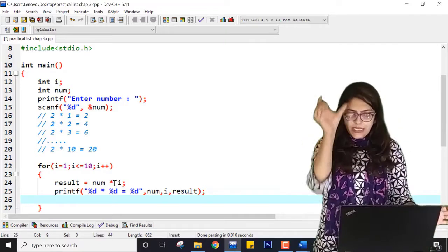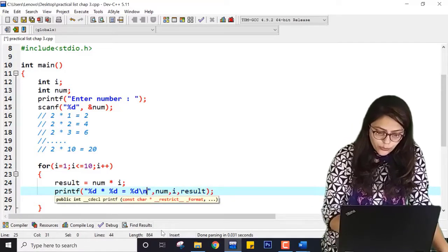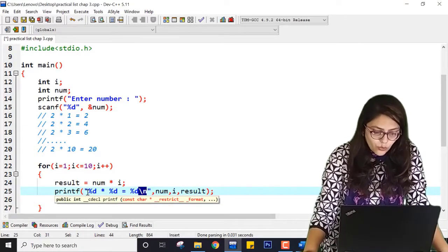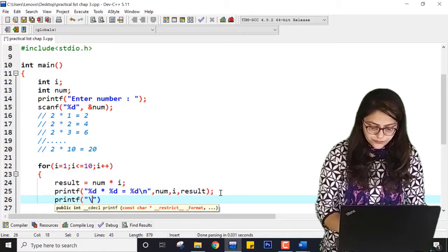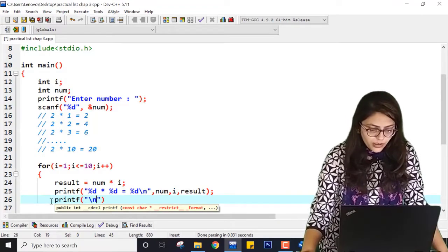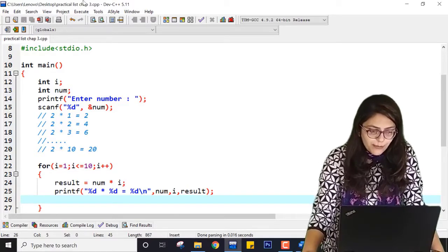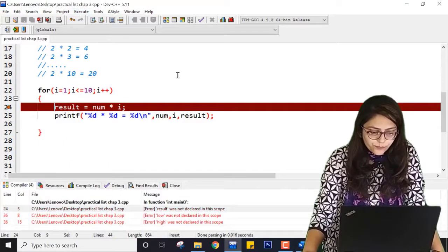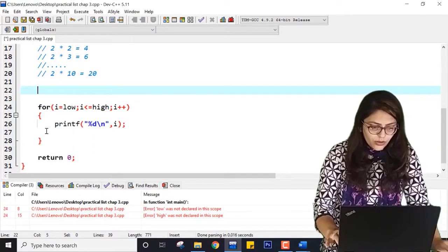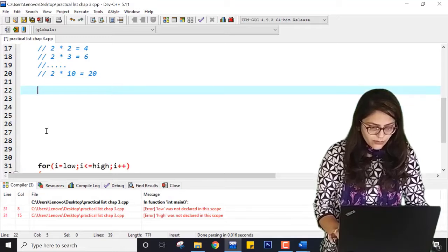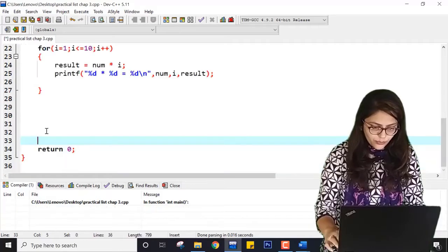Now it will not give me the table format. Why? Because every time my output will not be on a second line. So I have to put either slash n after this, or before this, or after this line. I can also write printf slash n. You can do anything, but right now I am not writing extra code. Okay, so let me just save this program and see if I am getting the correct output or not. Why is it having an error? Because of the extra code. This is the extra code which I have just mistakenly put under.